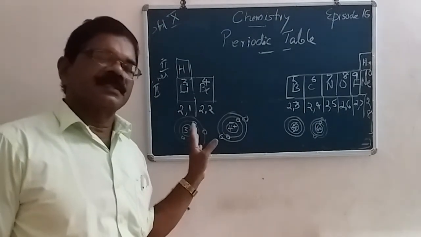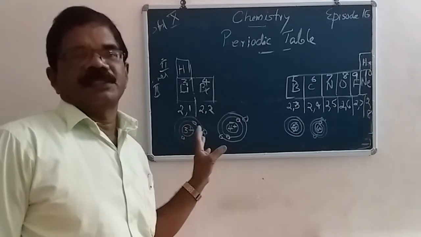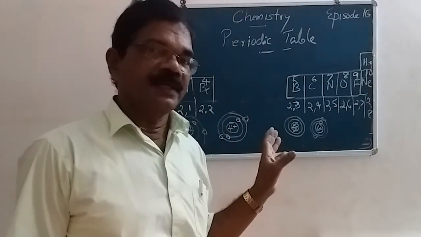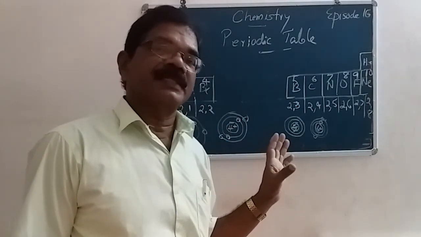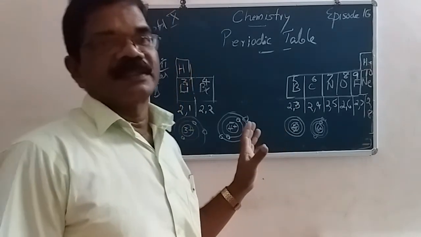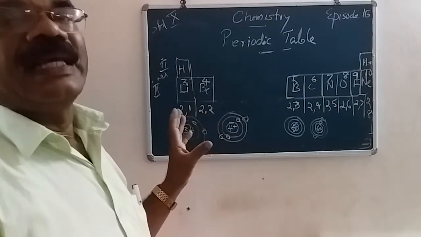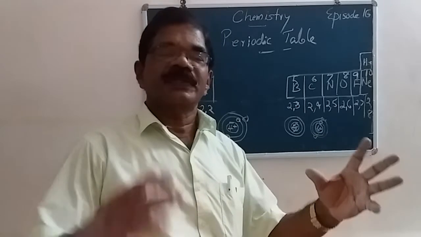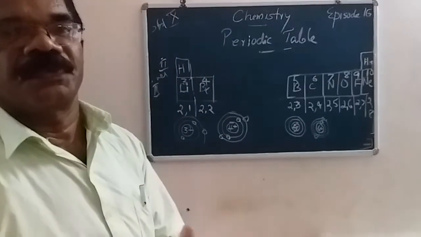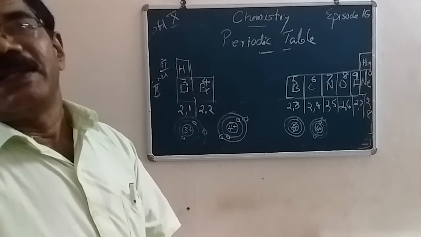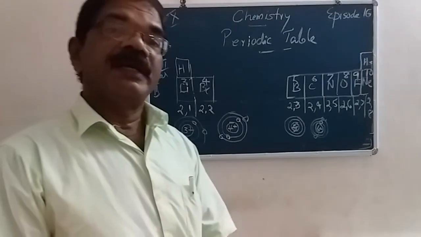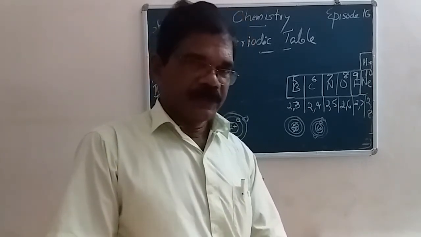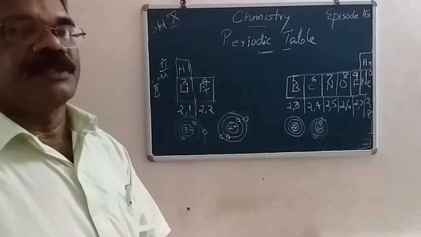We learned in lower classes that the center of the atom is the nucleus. In the nucleus, protons and neutrons are situated. The electrons are always revolving around the nucleus. Electrons are never thrown out from the nucleus. Why? The electrons are always attracted to the nucleus. What is the reason? The nuclear charge is always positive. In the nucleus, there are protons and neutrons. Protons have a positive charge.